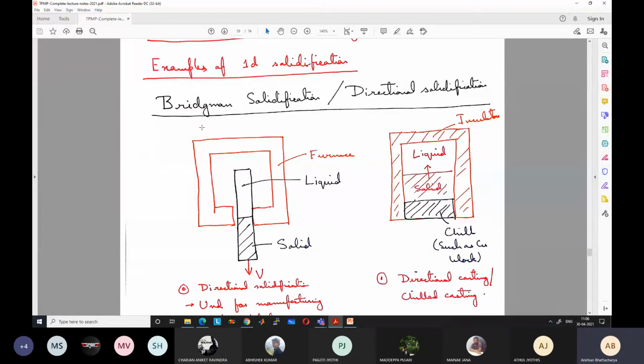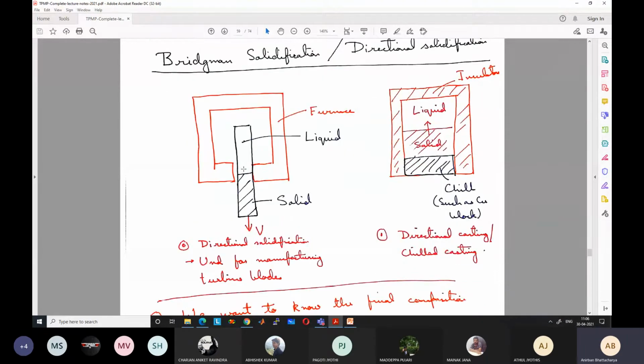What happens is that there is a mold which is filled with liquid metal, nowadays a superalloy, and it is held within a furnace, and gradually it is pulled out with some very small velocity v. So the mold comes out of the furnace at a very small velocity. Typical velocity is around 10 centimeters per hour, so you can imagine that it's quite slow. It takes a few hours for the mold to come out.